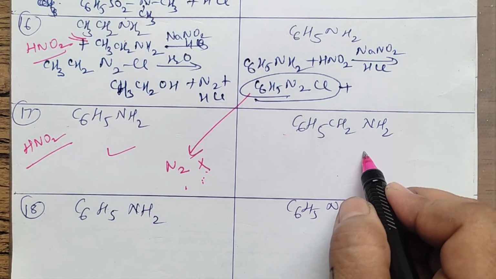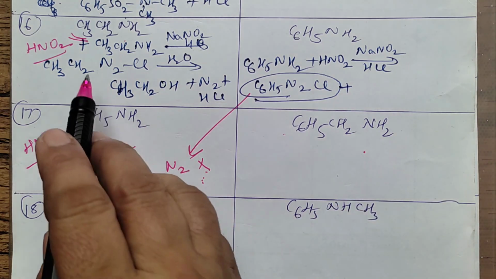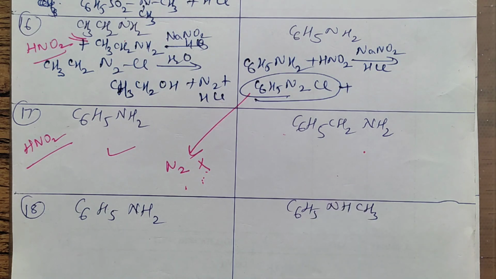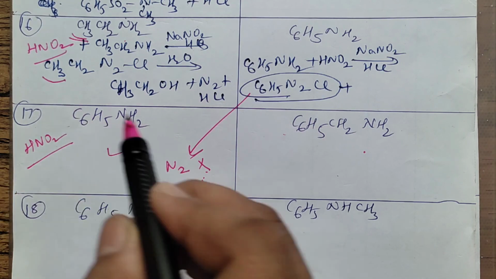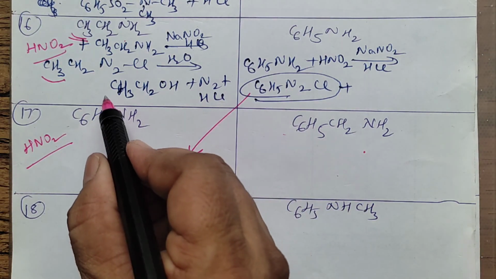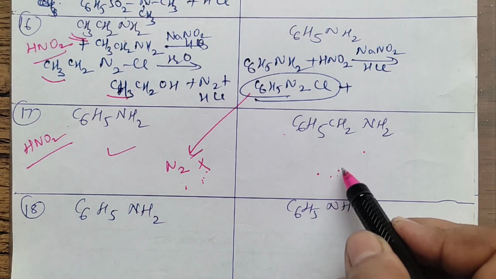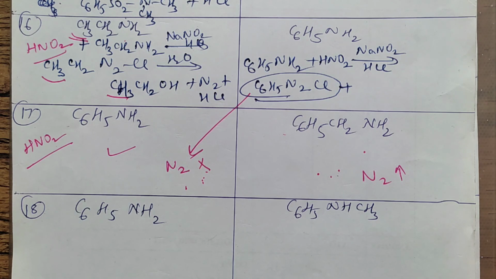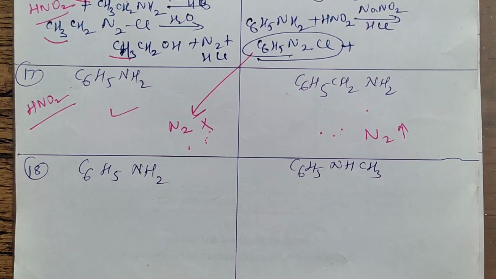Whereas in this case, if it is aliphatic amine, what will you write? You will copy down this whole thing and you will write that this is giving N2. I hope you can try this out. The only difference is, instead of CH3 it will be C6H5. Okay, try writing this on your own. N2 evolution occurs here. In this case it does not liberate N2. Fine. Next one.